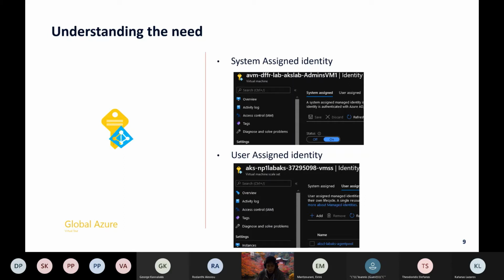But if it's too much for another application, then you have granted too much. So this is not always ideal. So we have more granularity by assigning different user assigned identities to the same resource, and then using in the code the different user assigned identities that we have. Okay.